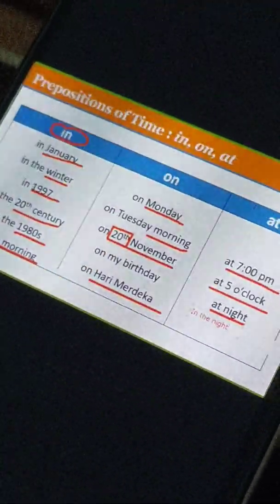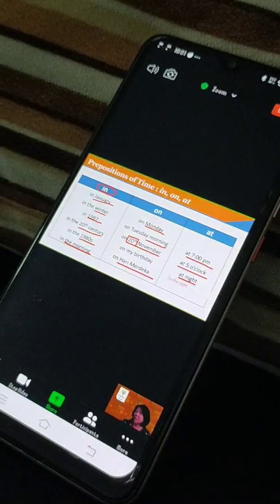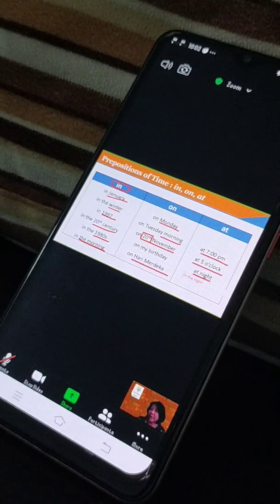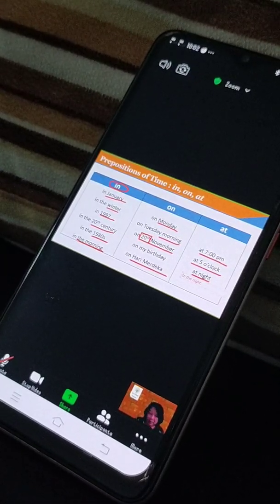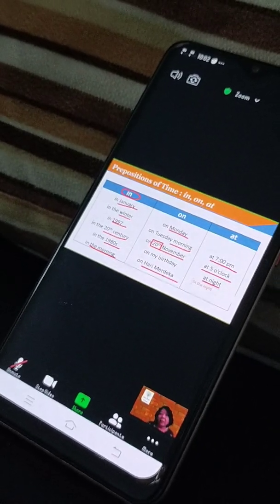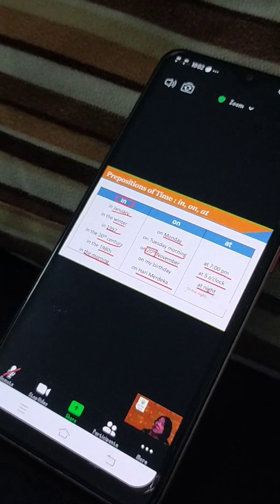That means "at night" and "in the night" are the same? Not exactly the same. There are some times where you have to use "in the night" and not "at night". Like, if you're having a class at night, okay, fine. But you won't say, let's say, the sentence like,